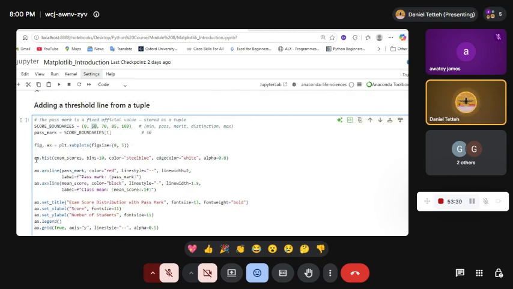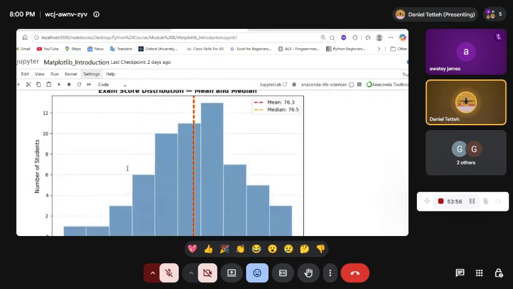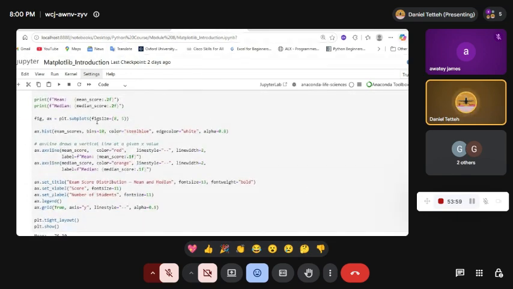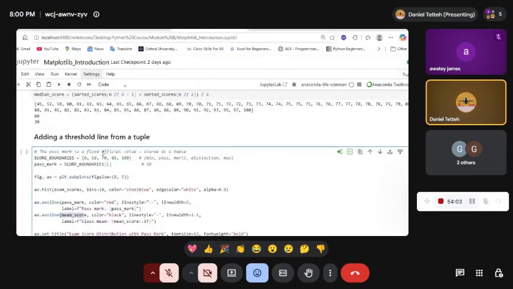So in this case, we are just plotting ax.hist of exam score, the same thing. Opacity, I mean how deep it is, we set it to 0.8. It ranges from 0 to 1, so 0.8 means that it's a bit deeper. And then we set the threshold line. We say the pass mark, which is this one, and then the mean score, which is the previous one that we calculated from here, because we are using the same student data. So once you run that,